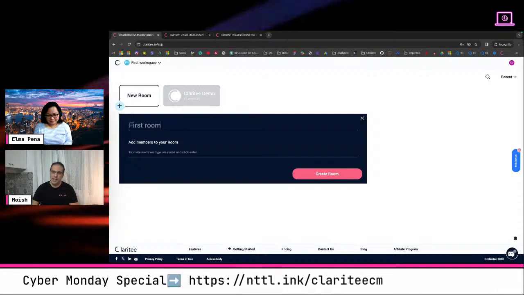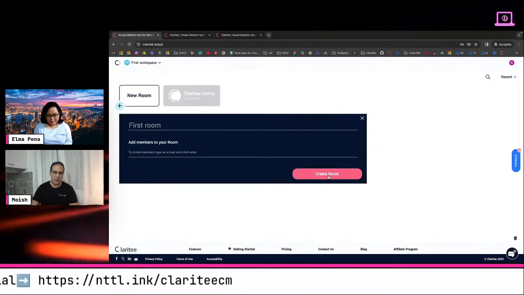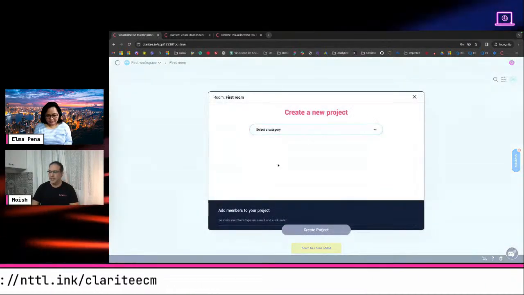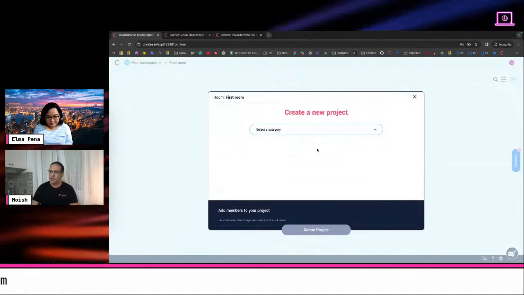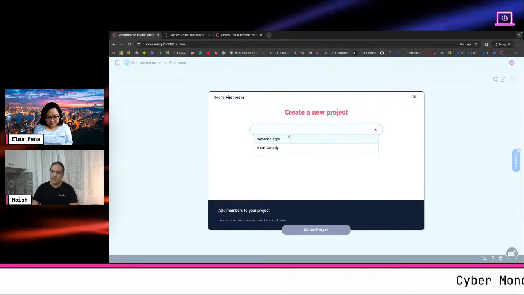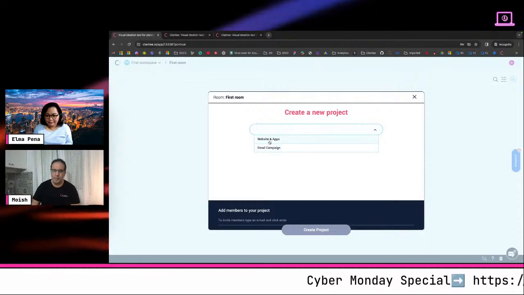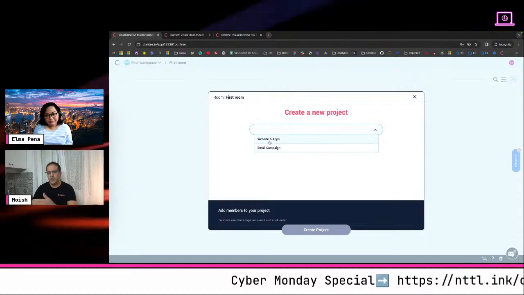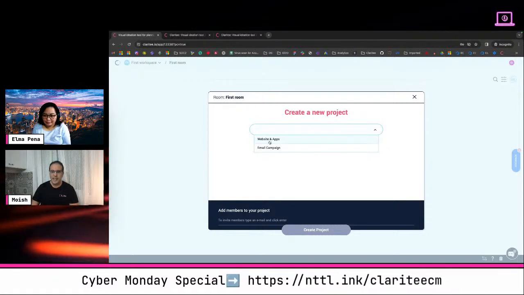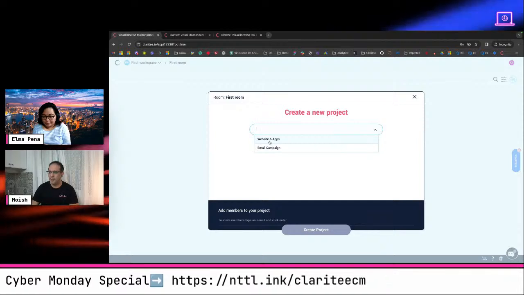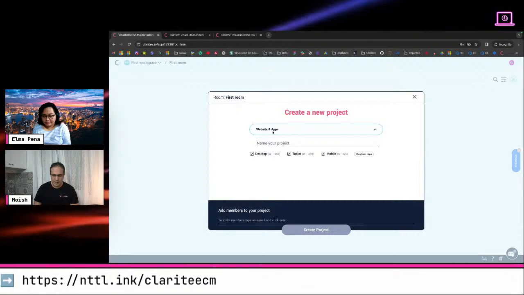And already at the early stage, we can invite members to start and collaborate just by adding their email address. As soon as we create the first room, we get this pop-up that says create your project, and you can select at the moment website and app, and email campaign. Soon we're going to have different kinds of categories. We're already working towards having a much more robust category for native apps. But at the moment we're going to select website and app. We can name it,